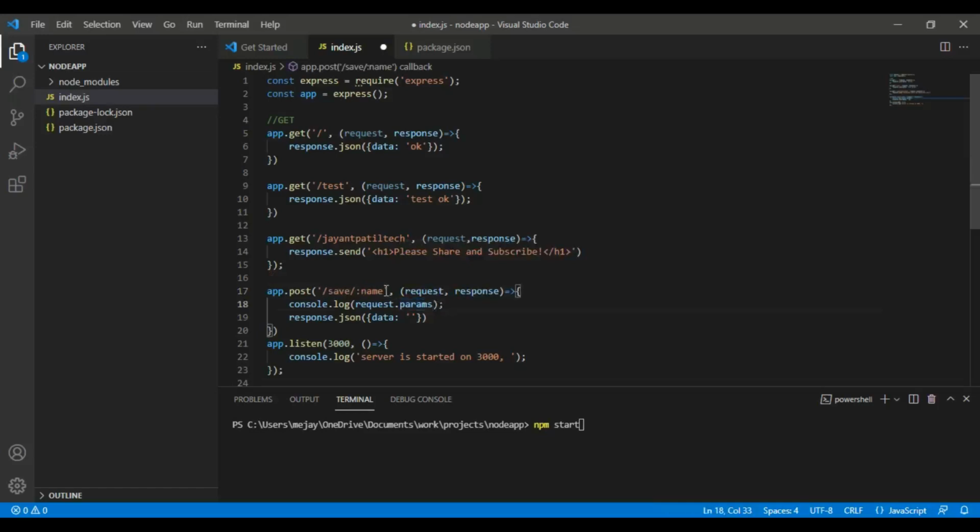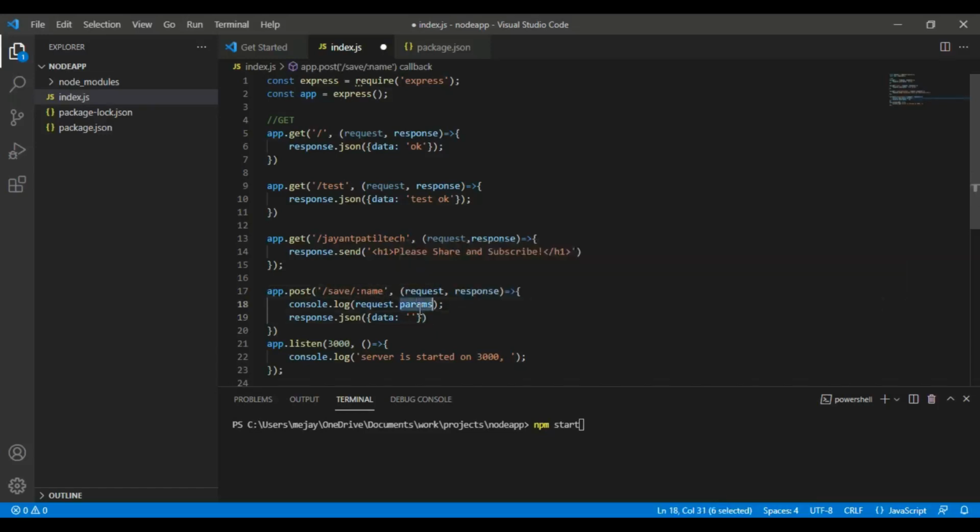You can have more than one parameter like this. The URL structure should match, and only then will this function get triggered. This is the URL mapping through Express. So first we'll test only for this name, and then we'll go for other